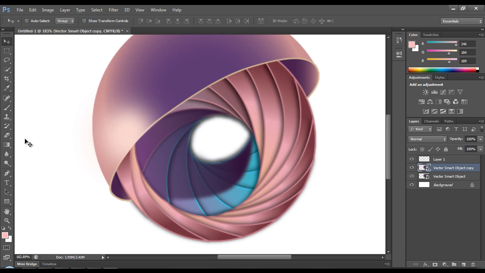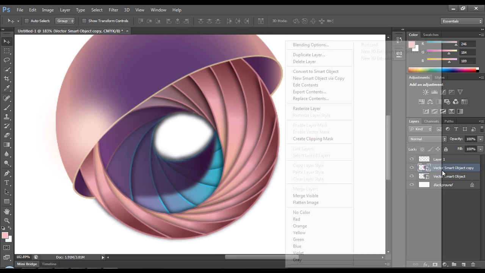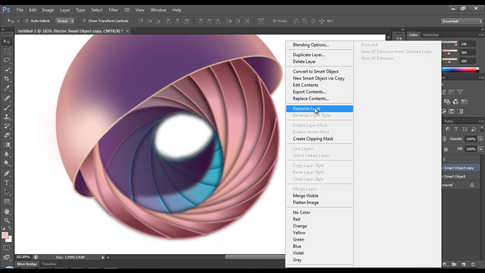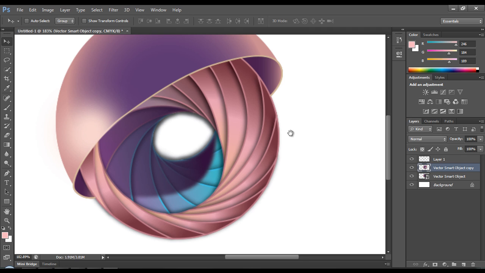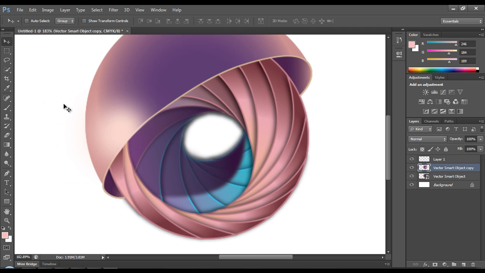And this time I'll add some gloss effect but with the Dodge tool. To add that, I'll convert this into a rasterized layer for a while, and we'll use the Dodge tool and let's play around here. So I'll reduce the Dodge percentage to 50% and let's add some effects.